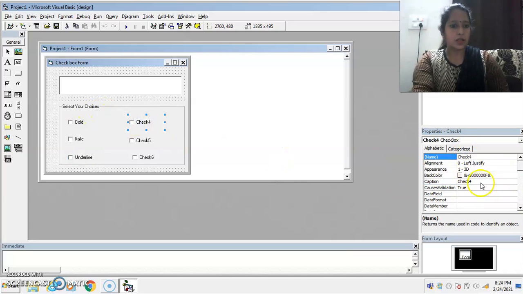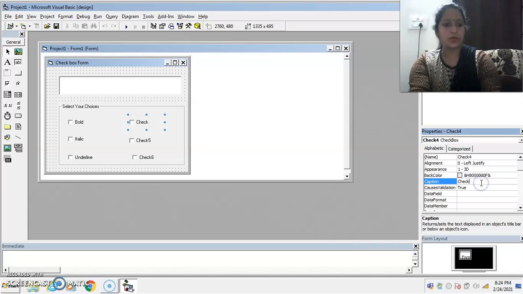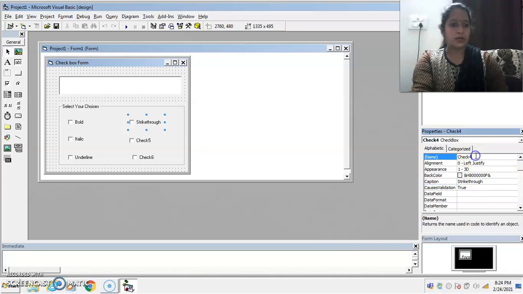Now change also the caption of checkbox 4 to strike through, and also change its name to check strike.